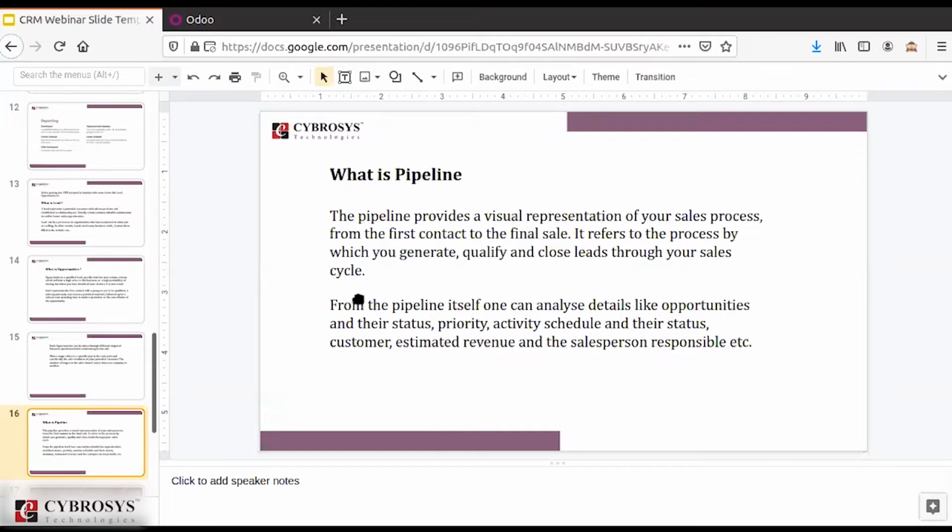It provides a visual representation of the sales process from the first contact to the final sale, and it also helps the user to identify several other details related to your sales. So this is a short overview of leads, opportunities and pipeline. Now let's move on to the details.